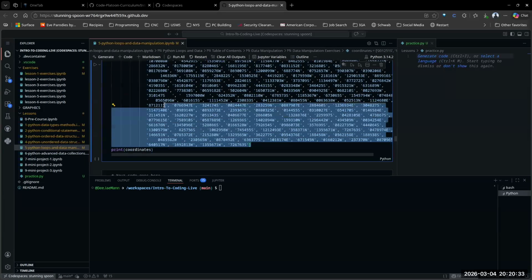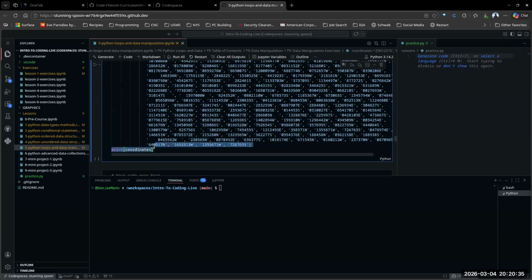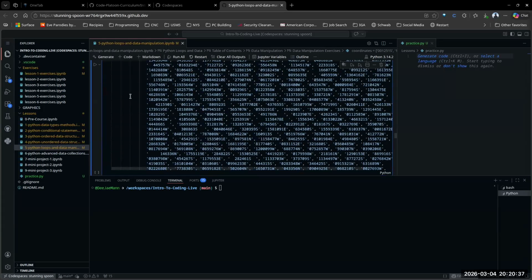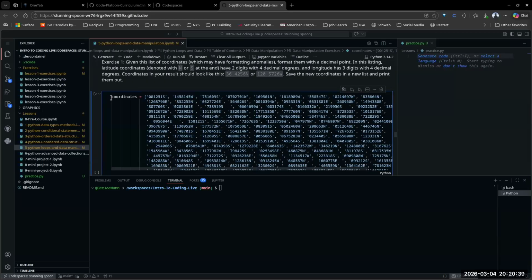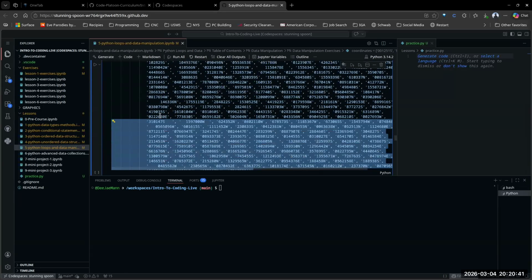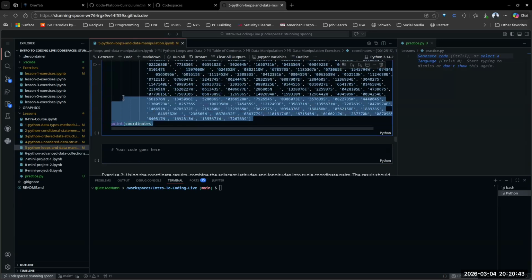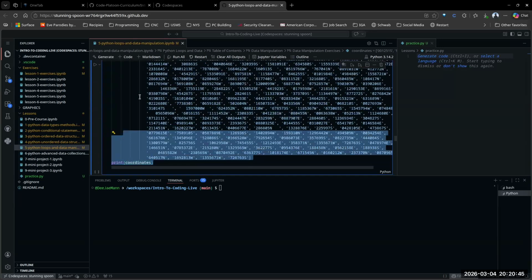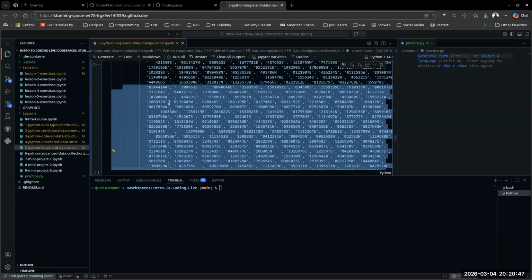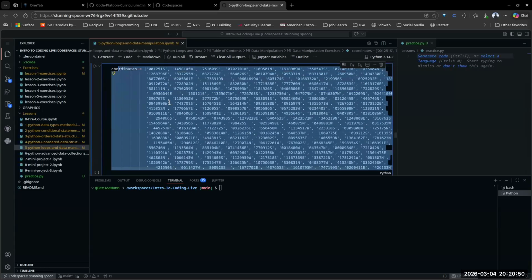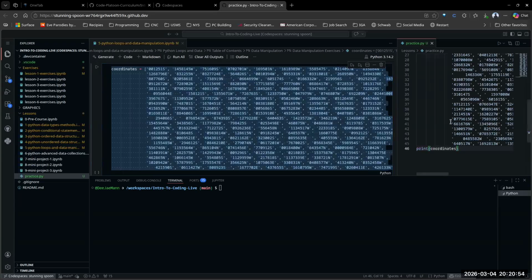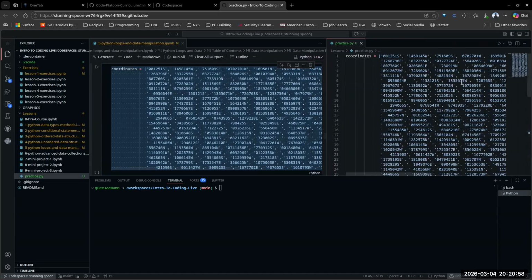I would definitely take these and put them in that practice PY file because then you can start formatting them. You may have to use your keys to copy this. I would copy these in here because then you can go through and actually